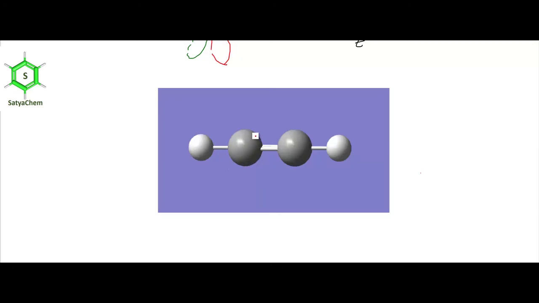Conceptually, ethine can be formed in the hybrid orbital model by the bonding of two sp hybridized carbons. This sp hybridized orbital makes a sigma bond with the 1s1 of this hydrogen atom, and likewise this sp hybridized orbital makes a sigma bond with the 1s1 of the other hydrogen,